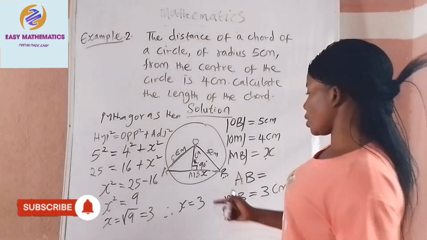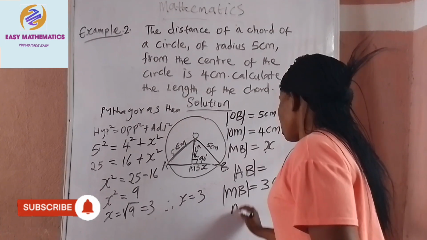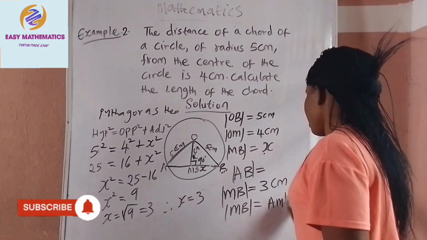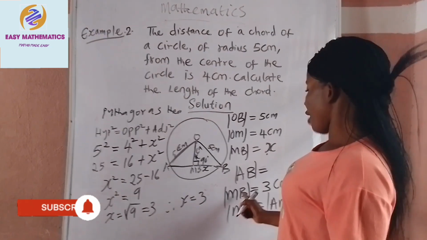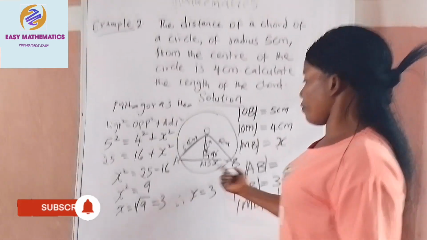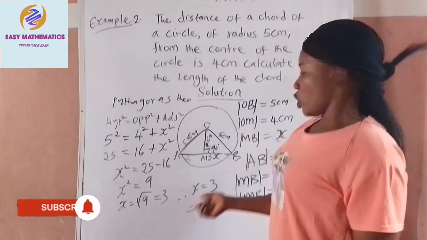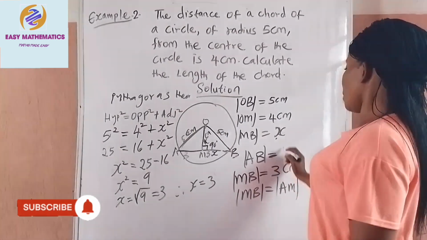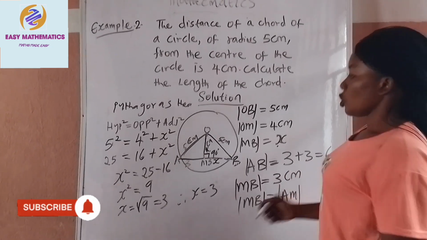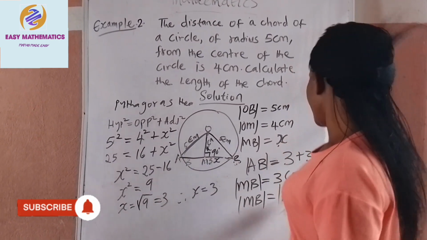And remember, initially we said that line MB is equal to line AM. That is to say, whatever value we get in MB will still be the same value we get in AM. So if here is 3 cm, it means that here will also be 3 cm. So for us to get our AB will simply be 3 plus 3, which is 6 cm. So the length of the chord, which is AB, is equal to